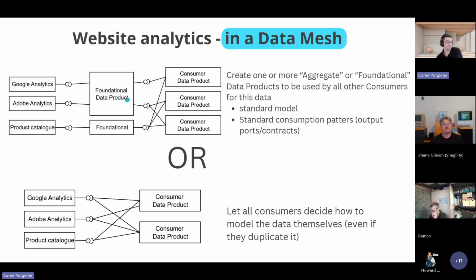Who built the tables? I would say if this team owns the tables, you can share it. Maybe I didn't illustrate that pattern, but this foundational data product can share its output with that foundational data product, but it's still a contractual agreement between these two. But one table should not have two owners. It is owned by one. You can copy the code and do it yourself, but then you become the owner and you are solely responsible.